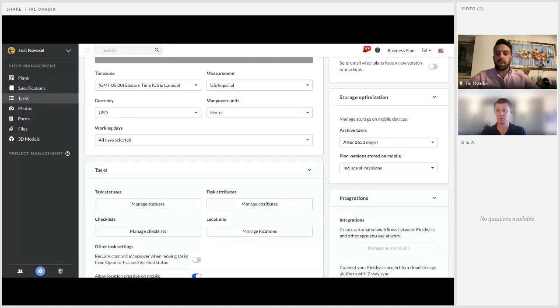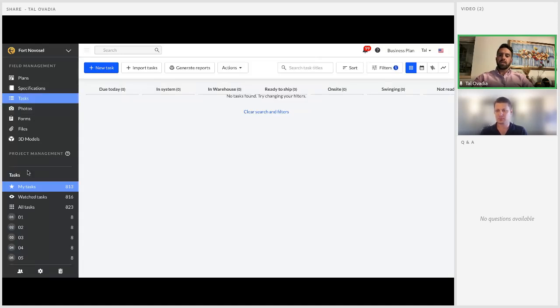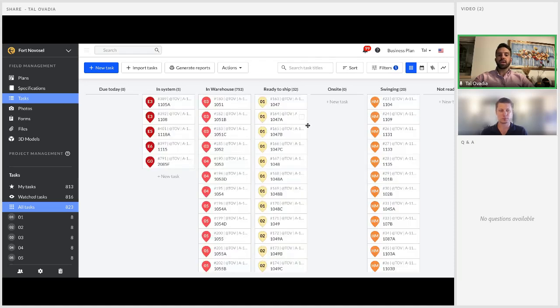I'm just going to go back into tasks and open one up. The use of checklists inside a task, for the tasks to be able to be tracked across their life cycle, is really just a tremendous value. So I'll open one back up and show you now.